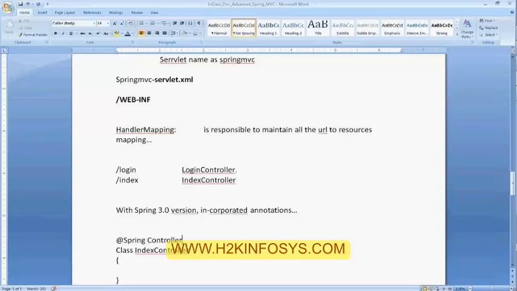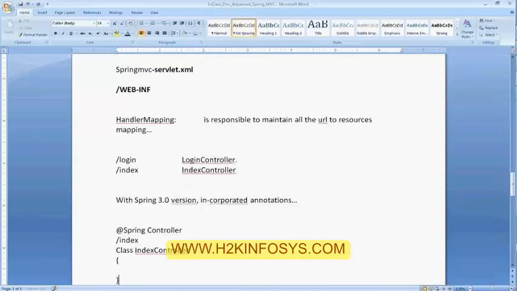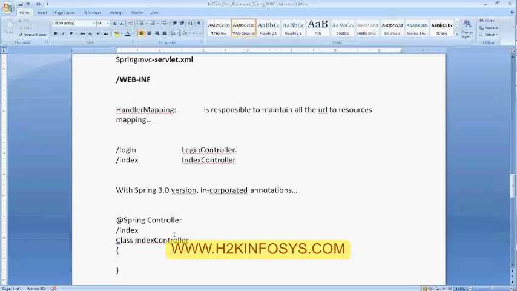Actually, that is not the actual annotation. We'll discuss that. And here itself, you will mention that I want to invoke the index controller whenever an HTTP request with the path /index